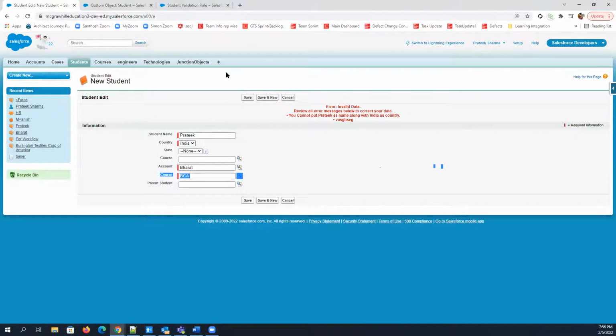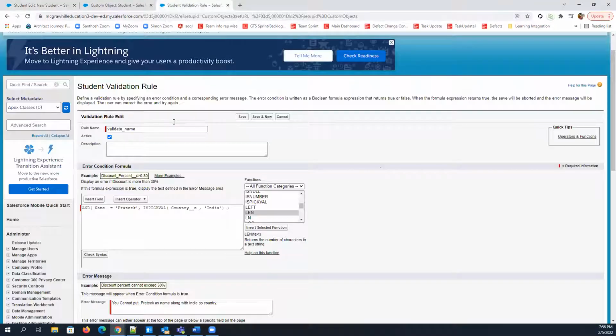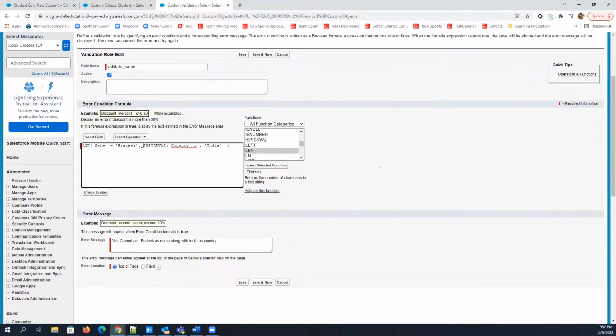Something like that. So what you need to do is, in this AND condition, you have to use OR. So in the AND condition here, you will use another OR. Let me just pick OR here.